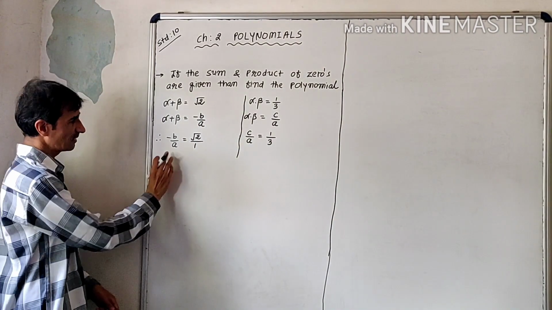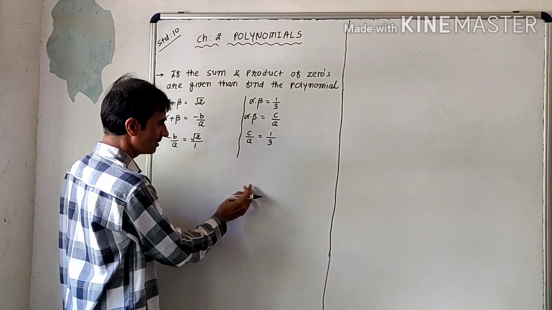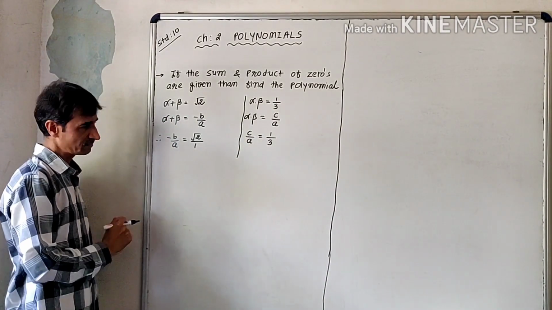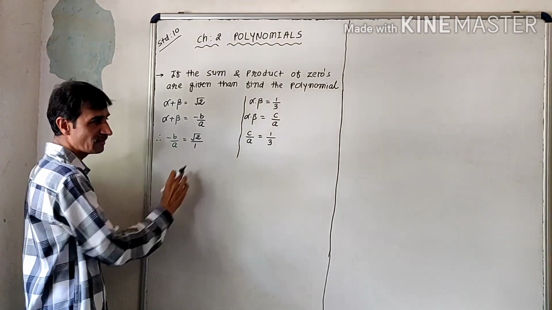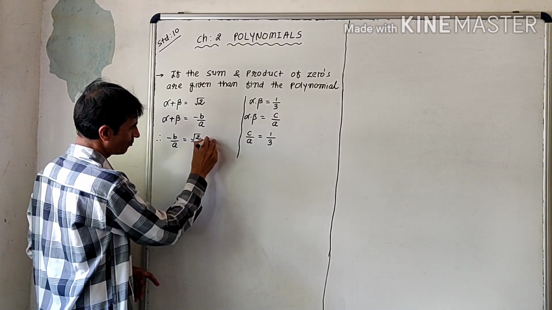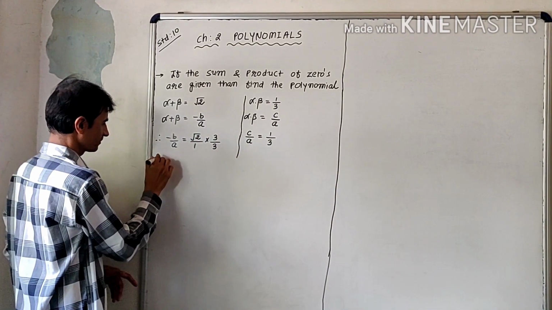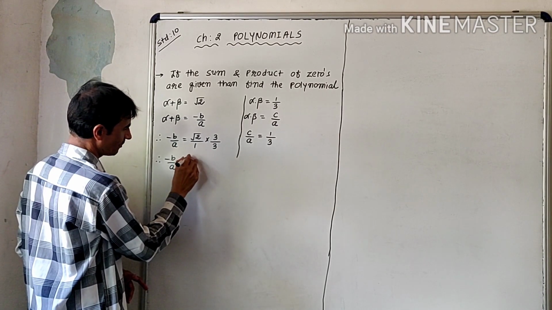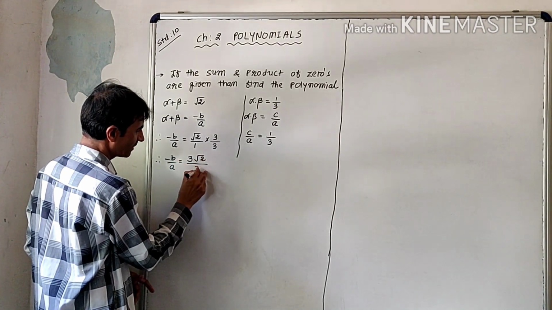Now you can see here a is equal to 1 and here a is equal to 3 means what? Here the a and here a will be mismatched. So what should I do? I want to multiply by 3 and divide by 3 to get the both same. So here I want to go for multiply by 3 and divide by 3. What is my next step? Minus b upon a is equal to 3 under root 2 divided by 3.